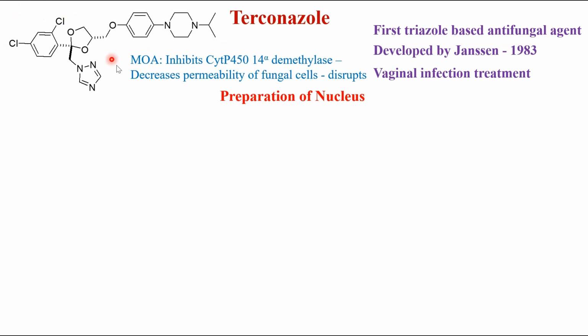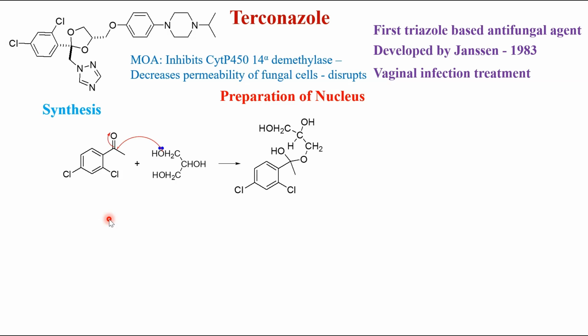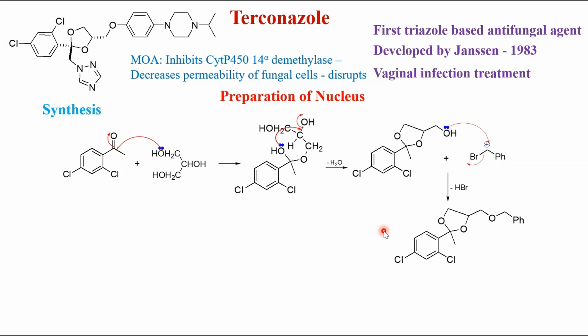The nucleus is similar except that in ketoconazole it had imidazole, here it has triazole. The same strategy that we followed for the preparation of the nucleus of ketoconazole can be followed here. What did we take? We took 2,4 dichloroacetophenone treated with glycerol. OH reacts with the carbonyl to give the carbon oxygen bond, and the carbonyl group gets converted into OH. The lone pair of electrons on the OH attacks the carbon, and OH gets kicked off and is lost as a water molecule, and cyclization takes place, which reacts with benzyl bromide to give rise to the O-benzyl derivative,